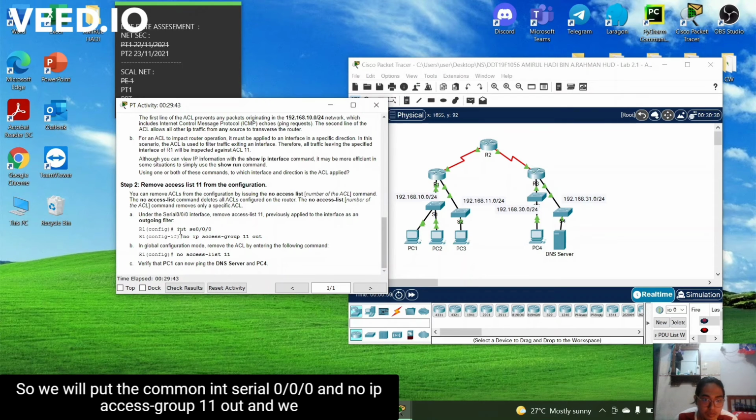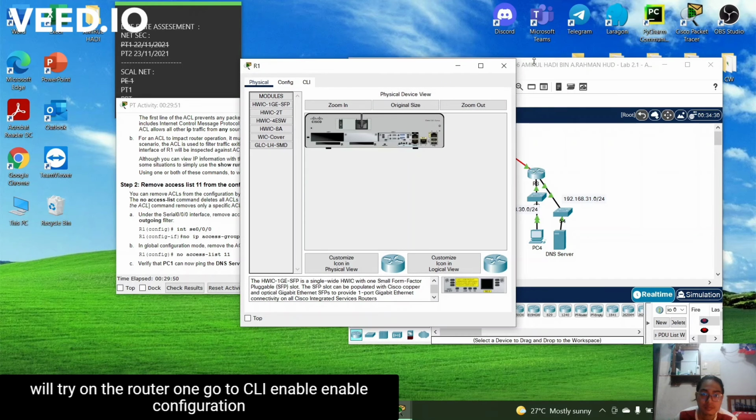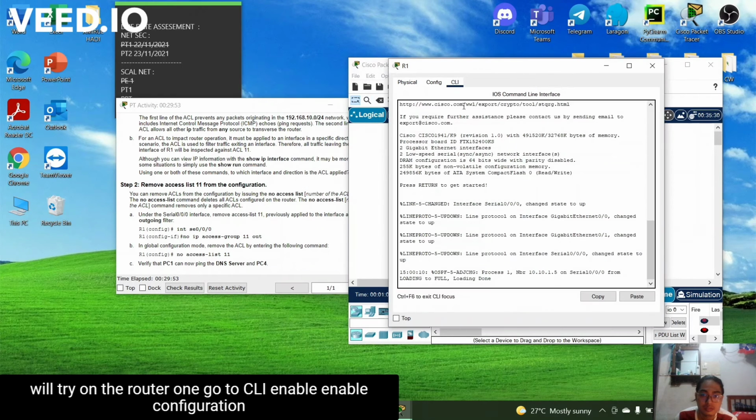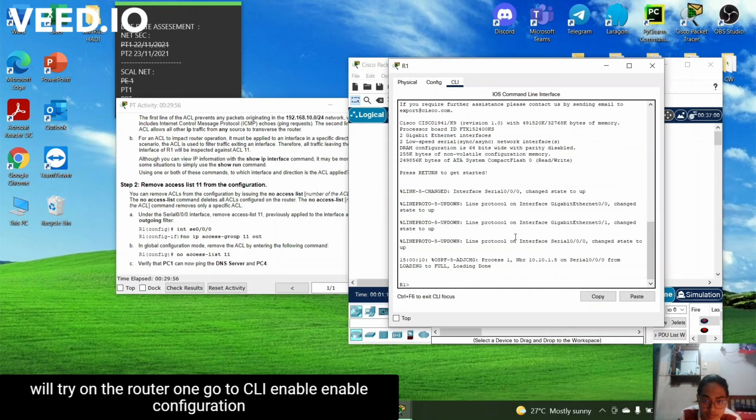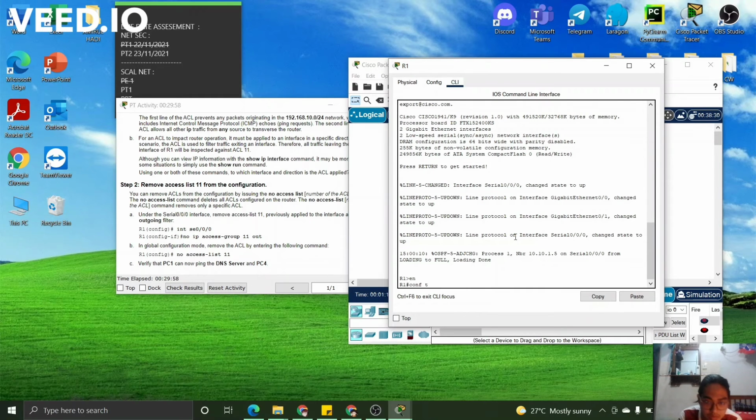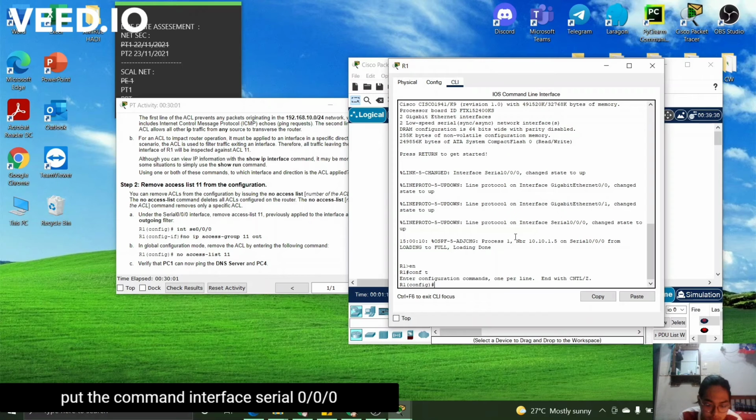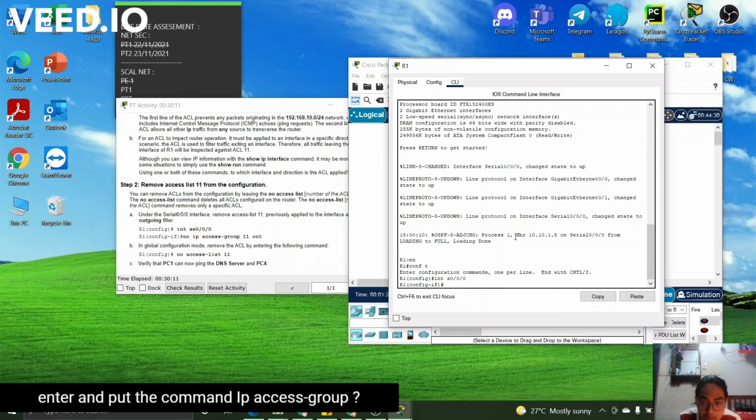So we will put the command interface serial 0/0/0, no ip access-group 11 out, and we will try it on Router 1. Go to the CLI, enable, config t, put the command interface s0/0/0, enter, and put the command no ip access-group and a question mark.